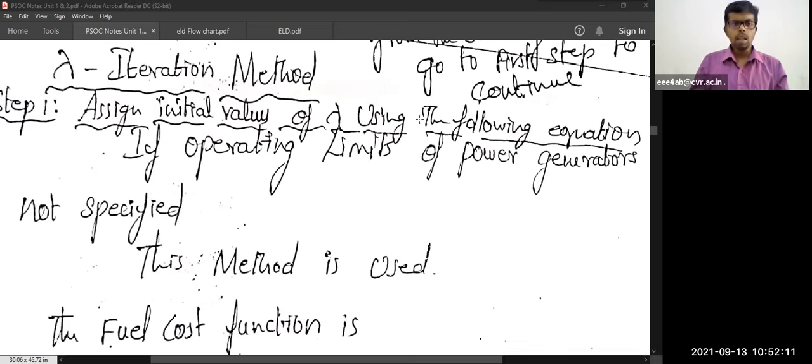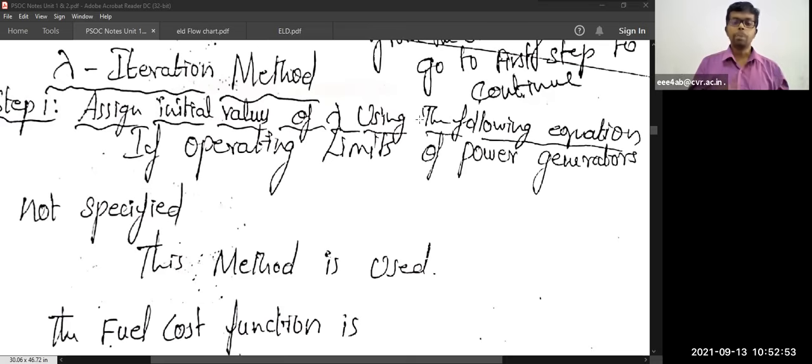So in this Lambda iteration method, there are some 7 steps for solving. Instead of going for equation differentiation like that, we are directly substituting in the formula and directly solving the problem. No need of going for differentiation, then equating it to lambda, and again finding out lambda like that. So directly we are going to find out lambda, PG1, PG2, PG3 like that. Why? Because this problem, if you